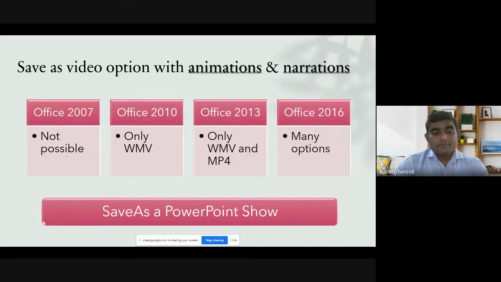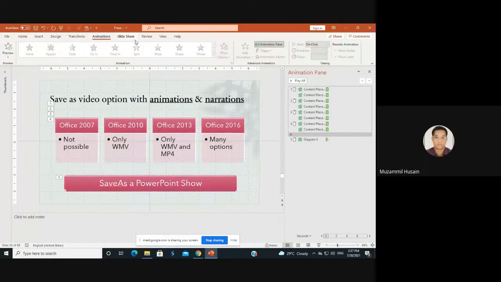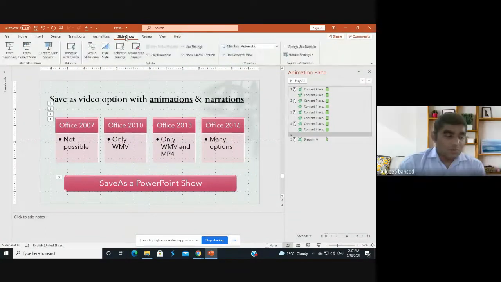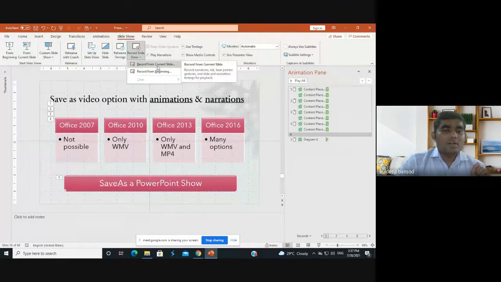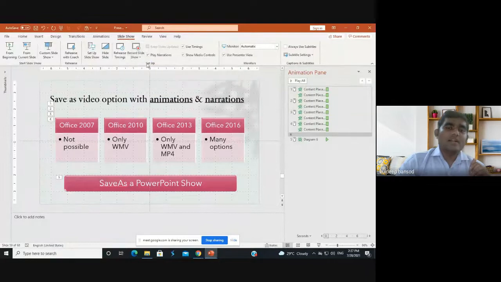Let's see how it's working. There is an option inside Slide Show. You have to animate the whole PowerPoint presentation, then go into Slide Show and click on Record Slide Show. In Record Slide Show, there are two options: record from current slide, record from beginning. If we click the first, the first slide will appear. If I click record from current slide,